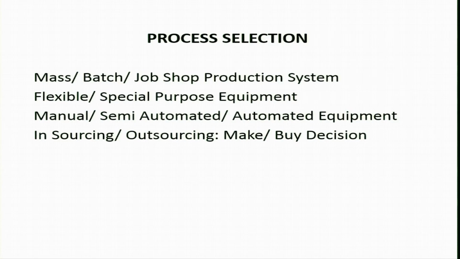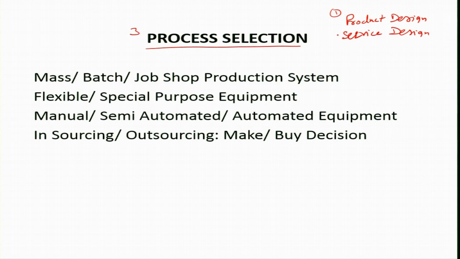Now coming to the third aspect, after talking about product design and then the service design: how to convert these designs into actual products or services? You need some processes. So the selection of the process is the third important dimension at this stage of designing the products. We have to see what type of processes we should employ to convert the design into physical products and services. First and foremost decision, depending upon the volume and variety,